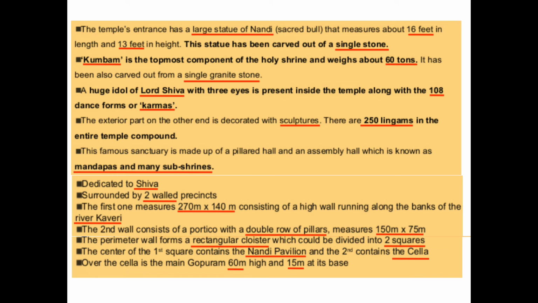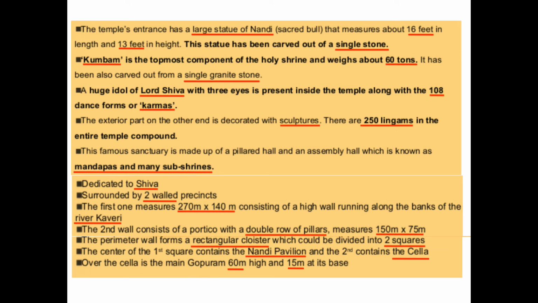There are 250 lingams in the entire temple compound. This famous sanctuary is made of a pillared hall and an assembled hall, which is known as the mandapas, and many subshrines. So this temple is dedicated to Shiva, surrounded by two walled